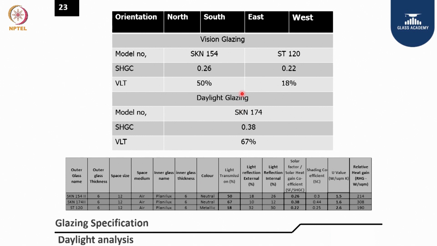So in this project, they have gone for separate vision glazing for north and south, SKN 154, because I need more daylight from the north, and for the east we reduced to 18% VLT with a more stringent glass. Then we have a view glass and daylight glass. For the daylight glass we have gone for even more on the upper portion of the wall, where you get more daylighting, and the view glass, the vision glazing, is a little more stringent, so that you avoid glare as well as heat